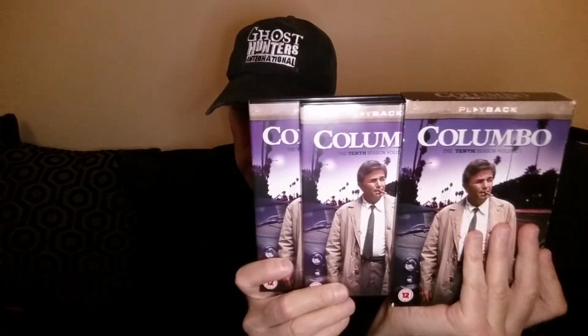because it was ludicrously expensive on eBay for some reason. I think it was 10 or 20 quid or more, something like that. And this one's got three slimline cases inside, all with the same picture on the front, as you can see. And this one, I think, is the one that has...